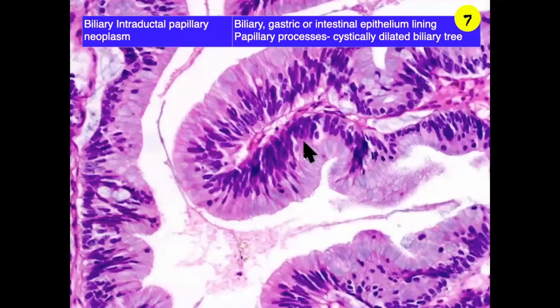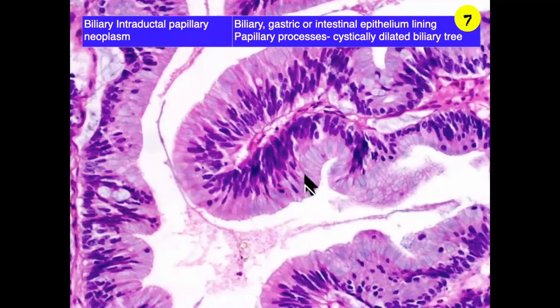This is the intraductal papillary neoplasm of the bile duct. It's similar to IPMN, but it is happening within the biliary ducts. And biliary ducts are nothing but the presence of ductal structures in the liver rather than in the pancreas. So whatever you see in the pancreas, pancreatic ducts, you can see in the biliary ducts.